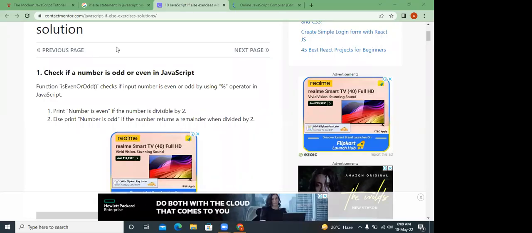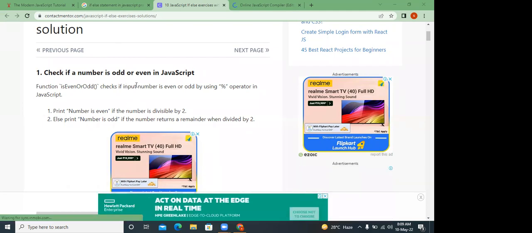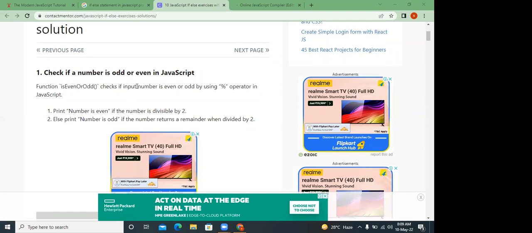So we learned about if else. In order to practice if else, we will see a few examples, and you have to practice on your own in order to get expertise in it. Okay. So the function isEvenOrOdd checks if the input number is even or odd using the percentile operator in